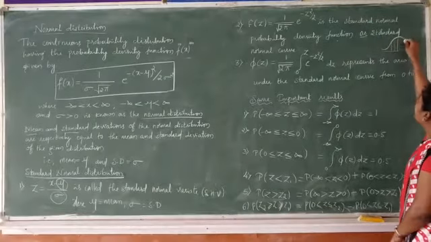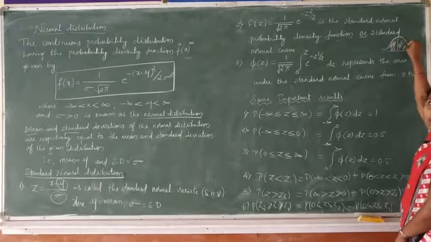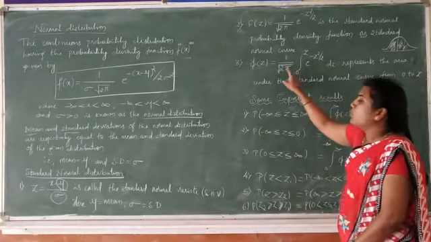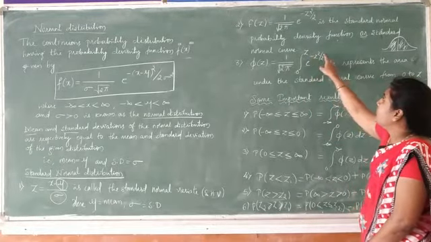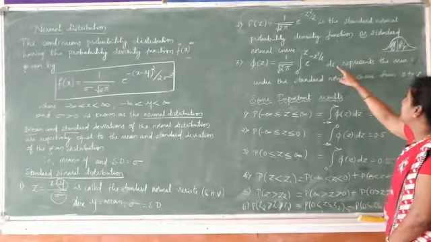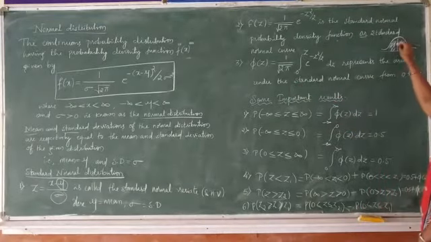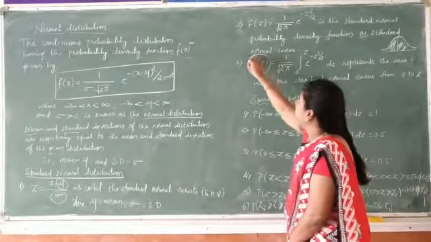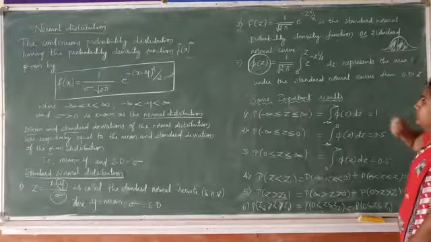Here we are finding the area under these curves, that is, how it is distributed. Mathematically, we find this as follows. Phi of z equals 1 upon square root of 2 pi integration from 0 to z e raised to minus z square by 2 dz, which represents the area under the standard normal curve from 0 to z. This phi of z is the area under the standard normal curve.